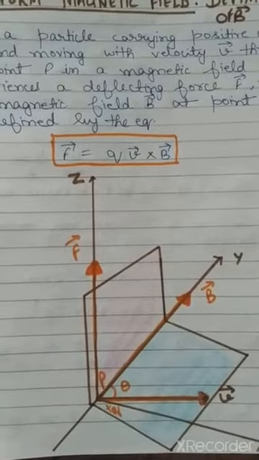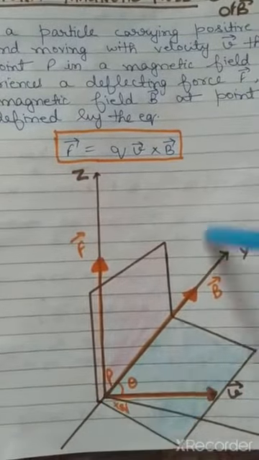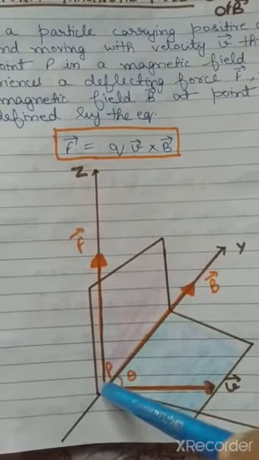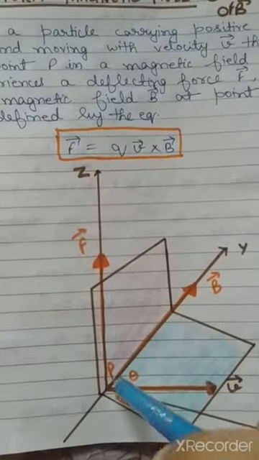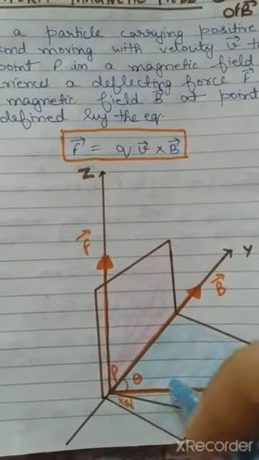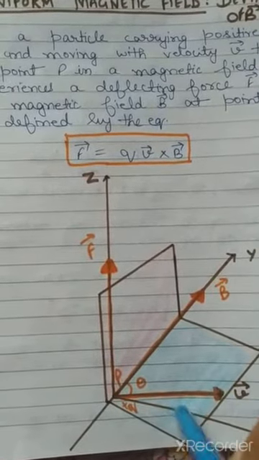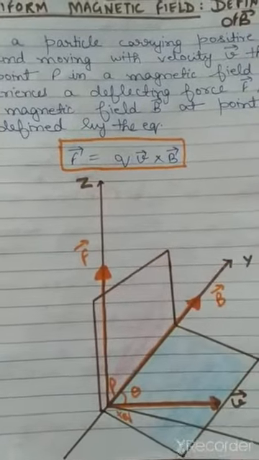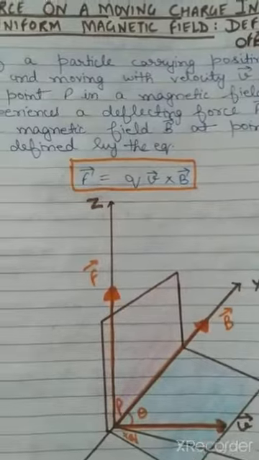So in the right hand screw rule, we have to keep a screw where the tails of the two vectors join, and we have to rotate the screw from the smaller angle, that means from V to B. When we rotate the screw from V to B, it is in the anti-clockwise direction. Is it? So in the anti-clockwise direction it will move in the outward direction. So in this case the force is in the upward direction or outward. Here it is the plane that I am showing on this copy, so this will be the upward direction.